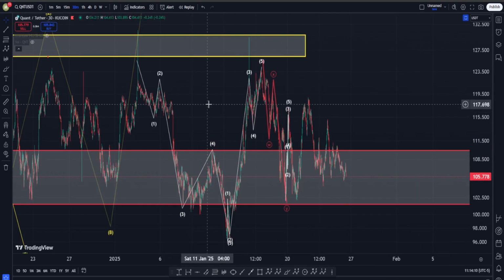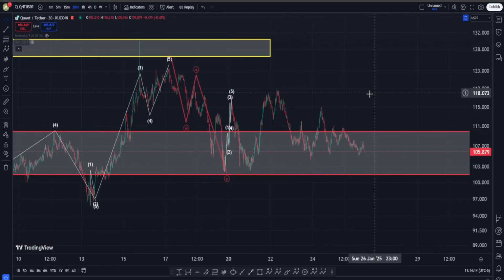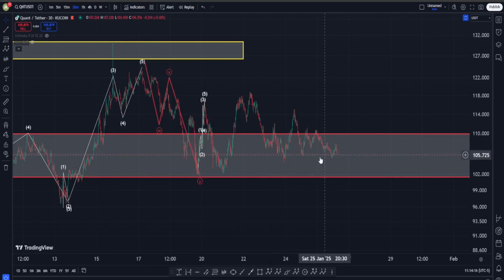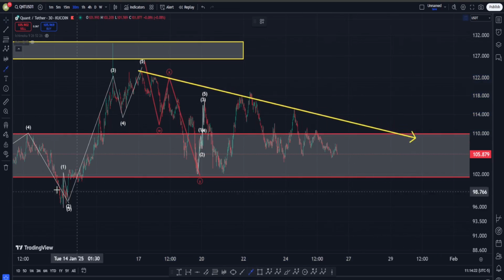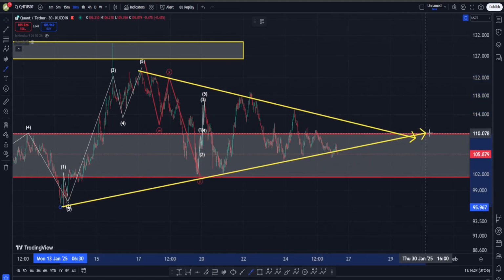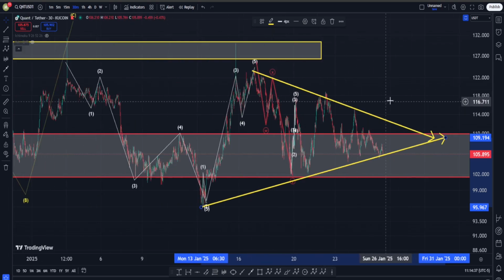Now, in terms of classic patterns, let's zoom in more and see what is happening. I guess you can argue that maybe this is actually a triangle structure. Let's just do this. Okay, this is our higher line. This is going to be our lower line right in here. Now, do I like this pattern? Well, you probably know my stance on classic patterns. I'm not really a big fan of them,